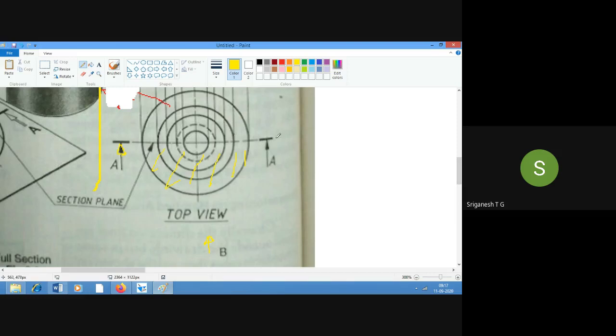Before the sectioning line, an arrow mark will be written, so that the arrow mark is pointed towards the retained portion, the one which is closer to the VP plane. The one which is closer to the observer is going to be the removed portion. So this is going to be the indicator of which portion we are going to retain, and which portion we are going to discard. Is that clear?